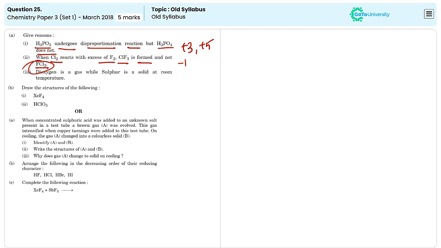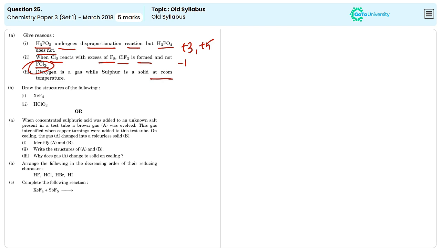The third one is, dioxygen is a gas while sulfur is a solid at room temperature. This is due to the differences in their molecular structures and intermolecular forces. Dioxygen consists of diatomic molecules with a simpler linear structure. The only intermolecular forces present are weak London forces, or van der Waals interactions. These weak forces are insufficient to hold the oxygen molecules together in a solid form at room temperature, so oxygen